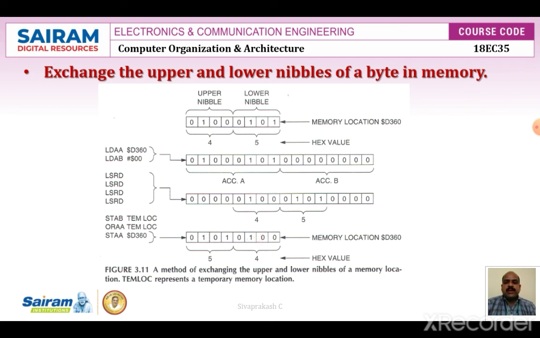If you see, the upper nibble 4 is now present in the lower nibble and the lower nibble value is present in the upper nibble. This is called the exchange operation. So to do this exchange operation, we are going to use the logical shift double instructions. So these are the examples we are going to use in the particular assembly language,